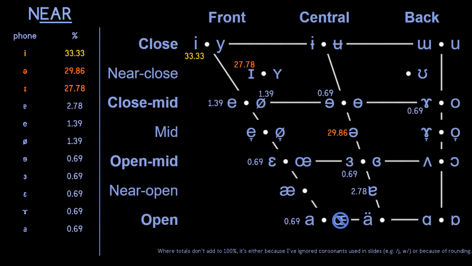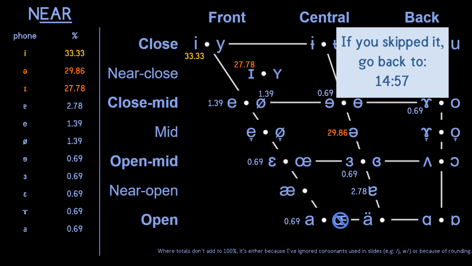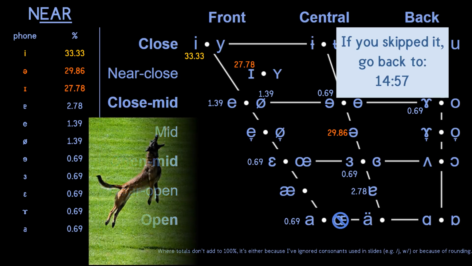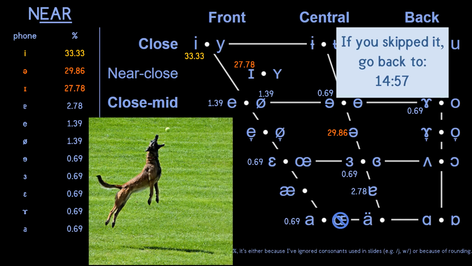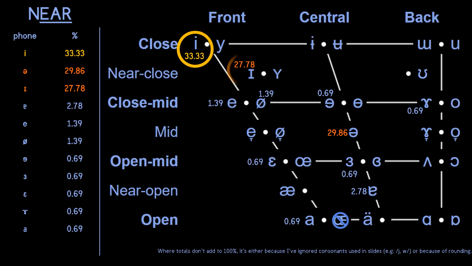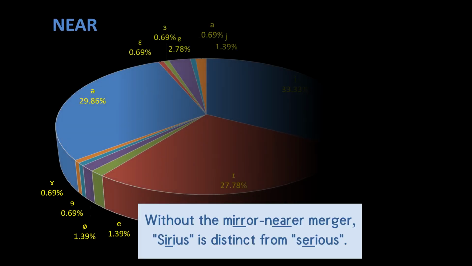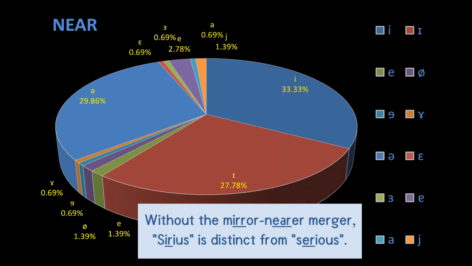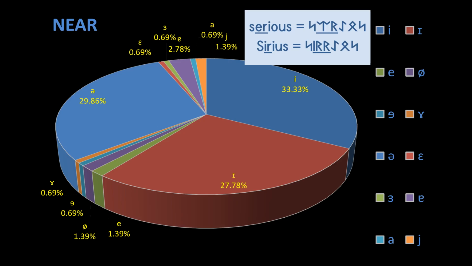We've largely already covered the near vowel in our prior technical discussion. What makes it unique is that, as a general rule, rhotic speakers just rhoticize their fleece vowel for near, while non-rhotic speakers diphthongize their kit vowel by sliding it towards their comma vowel to make this sound. While you look at the pie chart, be aware that speakers without the mirror-nearer merger generally use the near vowel in Sirius, but the kit vowel followed by in the star constellation Sirius.